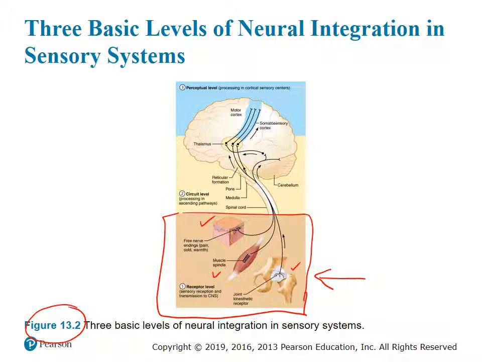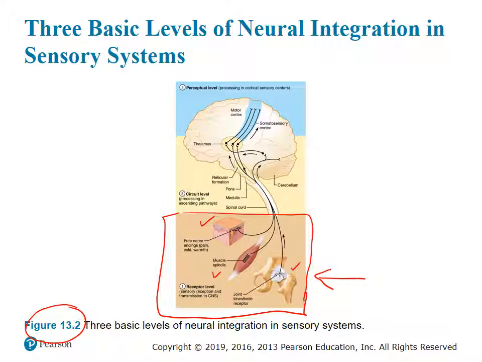And then you see those receptors in the joint, the kinesthetic receptor right at the joint level, receiving information there as well. And you can see that all three, in fact, these black lines represent the neuron receiving information and sending that information,